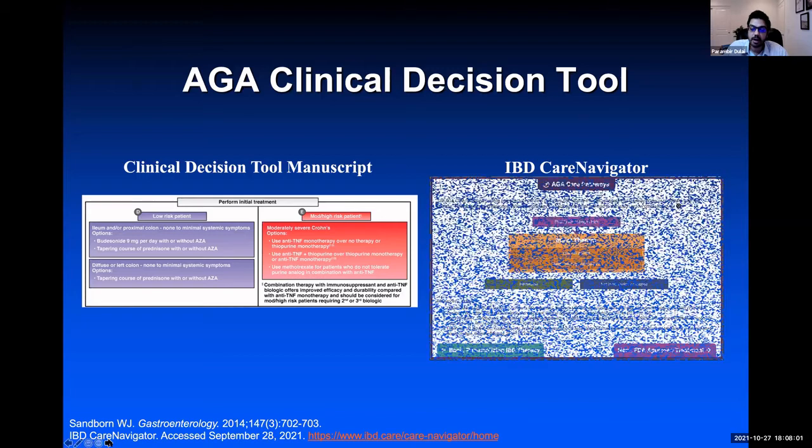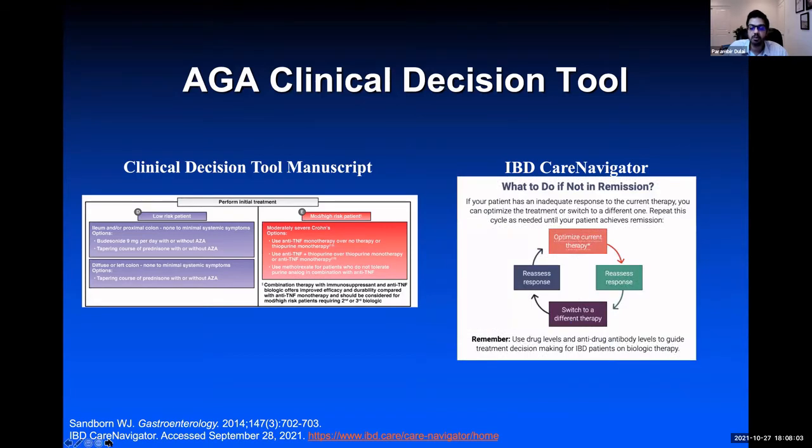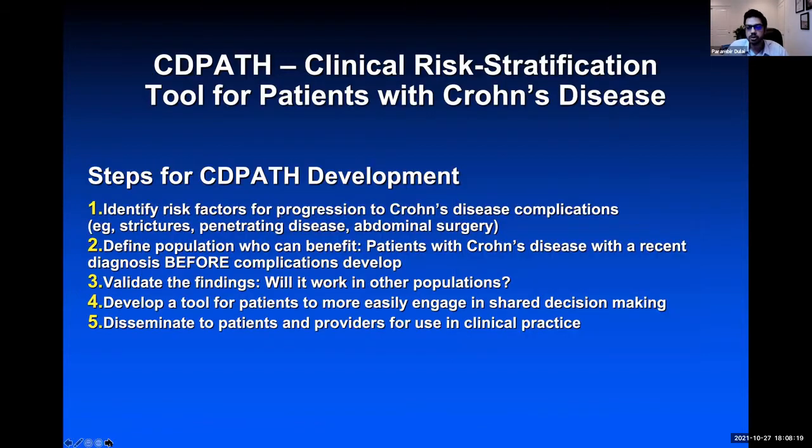And the Care Navigator also allows you to say, okay, you reassess them, you switch to a different therapy, you try to optimize, but it provides little guidance on what to expect and whether optimization is in the form of drug monitoring, treat to target, or when you should consider abandoning therapy because they're expected to have adequate concentrations. So, decoupling the concepts of disease prognosis and treatment prediction, there's a new tool that's now available